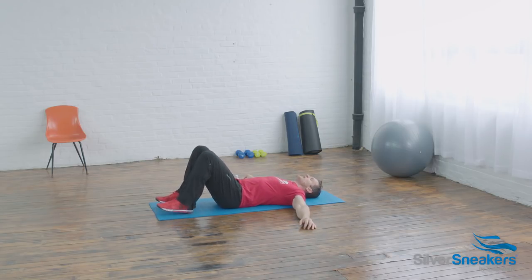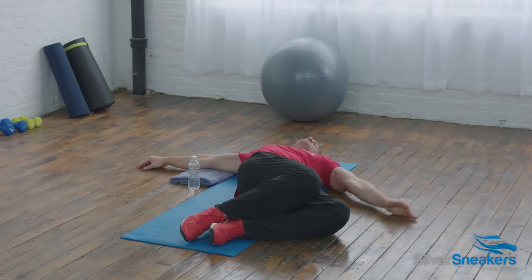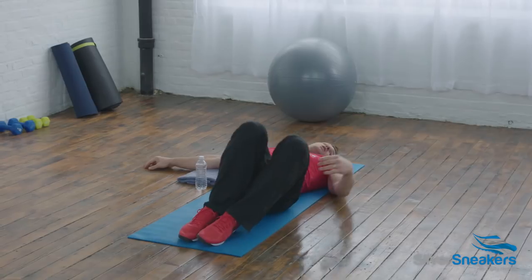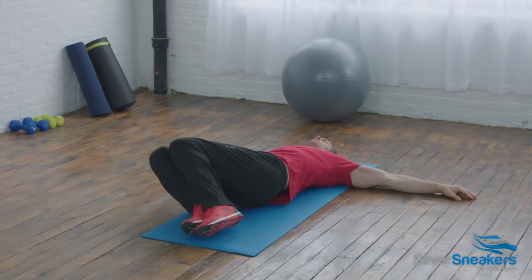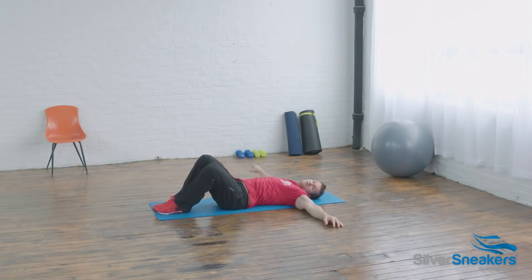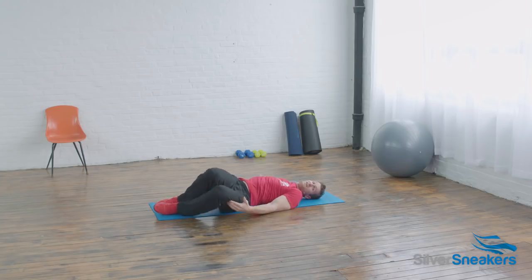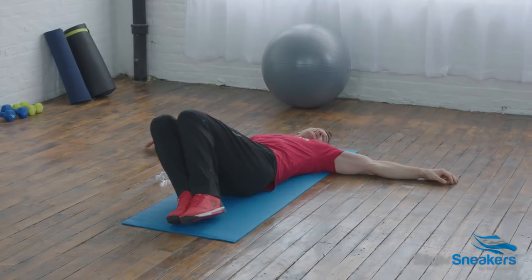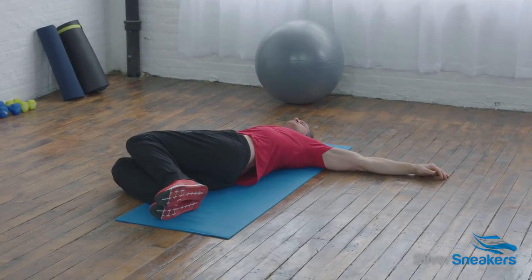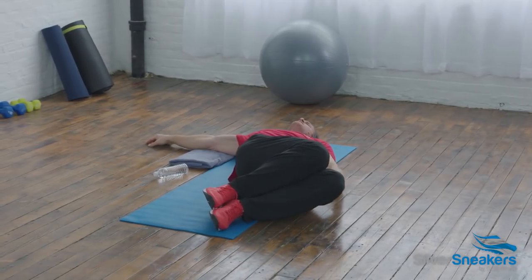So here we go. We set it up, we bring our feet together, and we're just gonna very gently rock our legs to one side. If you need to use your hand to help get them up and over, that's okay. We're gonna rock to the other side. And the key to this whole exercise series is to just relax, to not feel like you have to force anything, not feel like you're in a rush to get anywhere because you're not, and just let your body open up. We're starting to breathe, so when this comes down to the side,